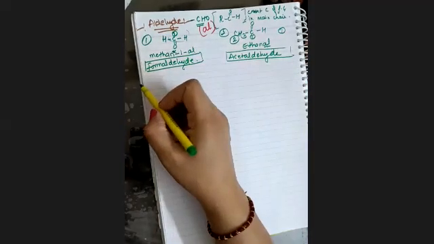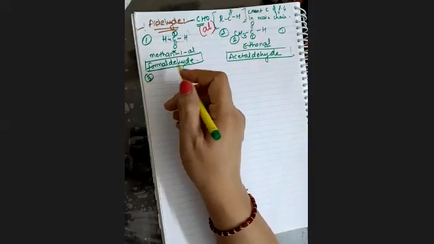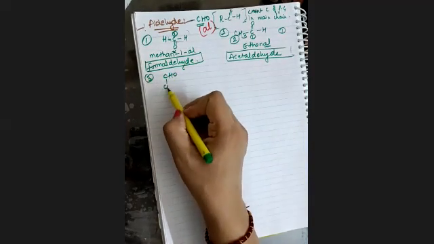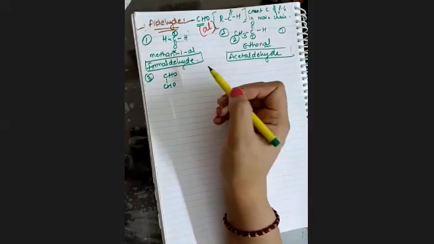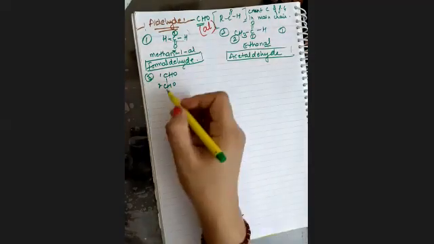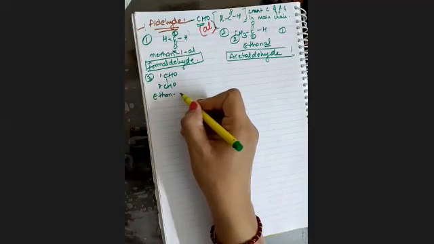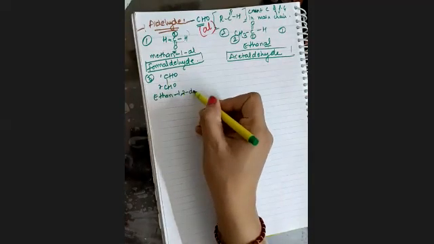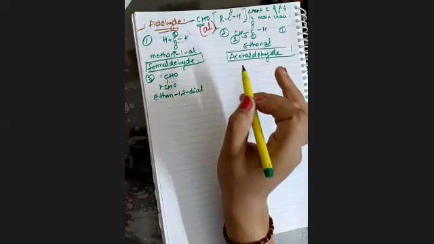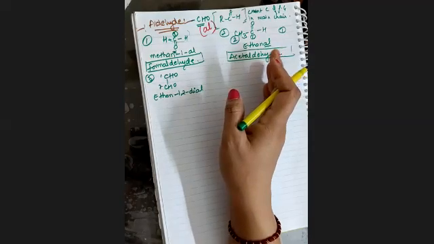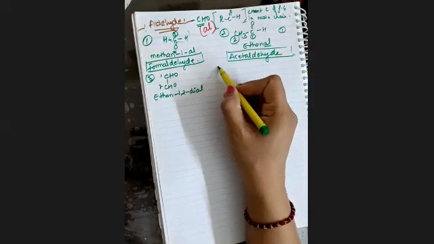Next, third example. For example, if you have two aldehyde groups attached one to one, how will you name it now? Because you can consider this one or that one. So I'm considering the same direction, 1, 2. At that time, this will be ethane. On 1 and 2 we have aldehyde groups. So 1,2-dial. Is this clear? And it is not compulsory that each and every compound has a common name.